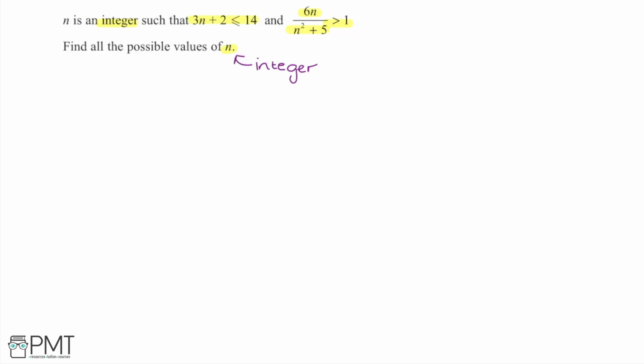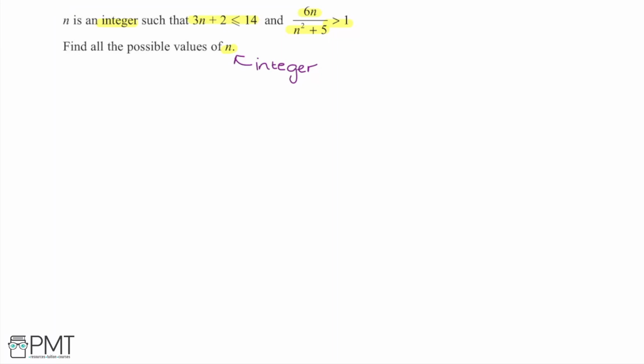So as for how I'm going to go about starting this question, we obviously have two inequalities that we're going to work with and find values of n that are going to satisfy both. And working with inequalities, especially with quadratics and linear inequalities, we're probably going to need to sketch these graphs. And in order to aid us with this, simplifying these inequalities and getting them in terms of the unknown, so n in this case, is going to be really helpful